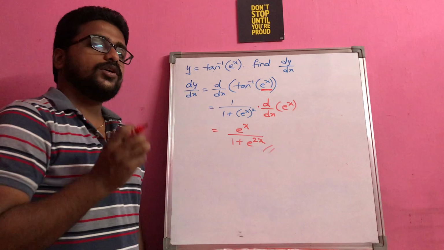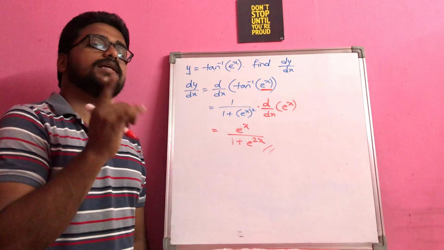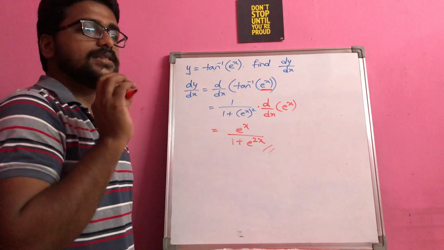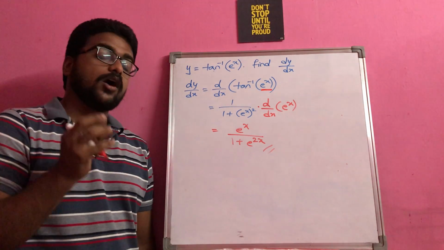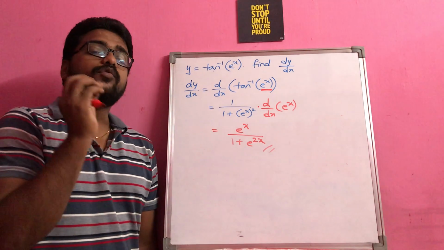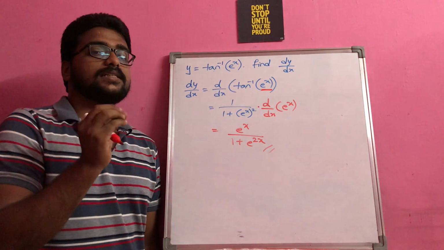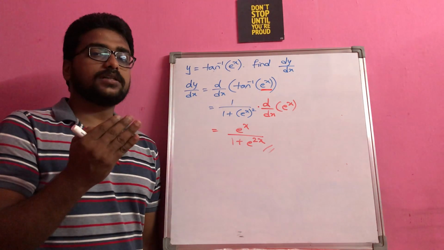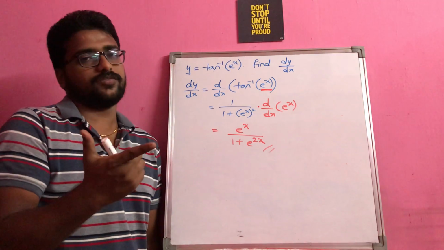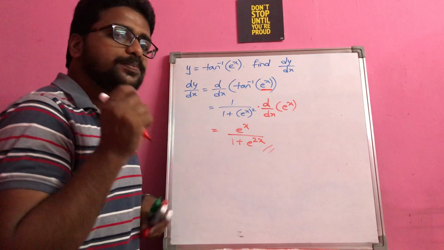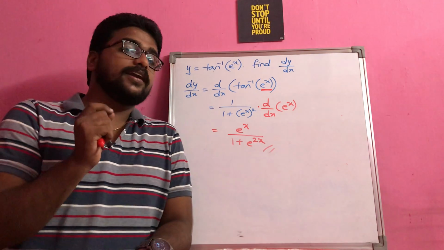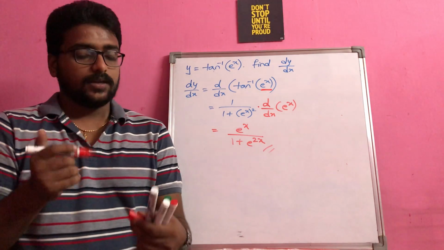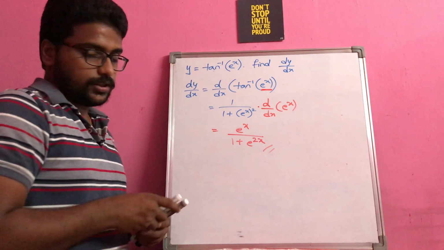So this is how you should identify what is the main function, and according to that you have to apply the differentiation. Simply, how to identify the main function is whichever function you can see as an outer function, that means immediately what you can see, that type of function is called as a main function or outer function, right? So please spend time on understanding or identifying the outer function, then obviously you can be able to get the correct answer, right?